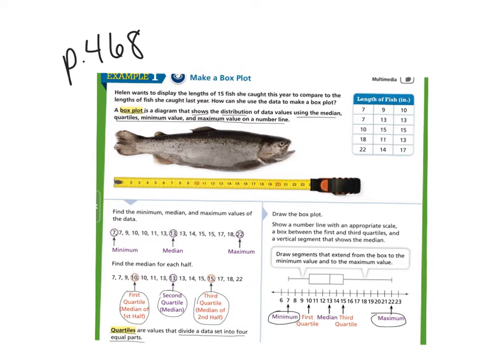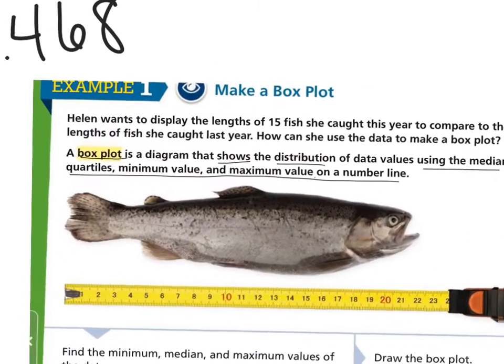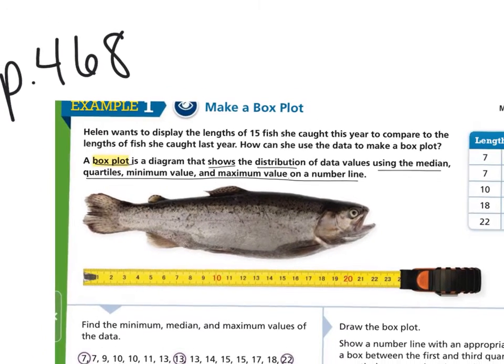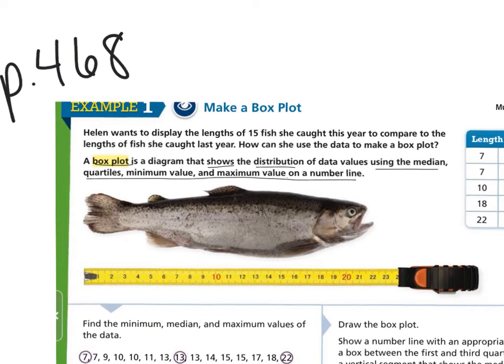Page 468, example 1. Helen wants to display the lengths of 15 fish she caught this year to compare to the lengths of fish she caught last year. How can she use the data to make a box plot? So a box plot shows how data values are distributed using medians, quartiles, minimum values, and maximum values on a